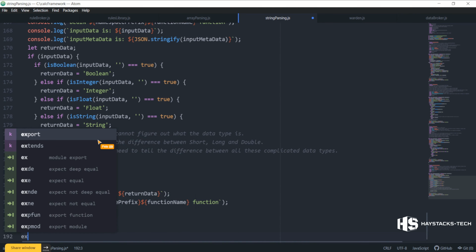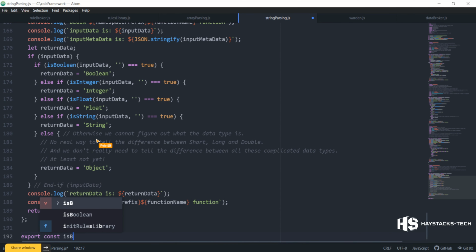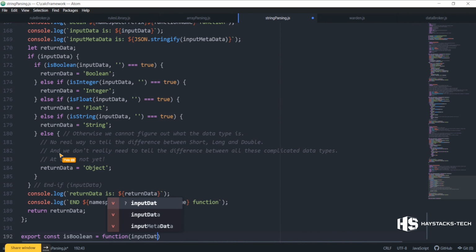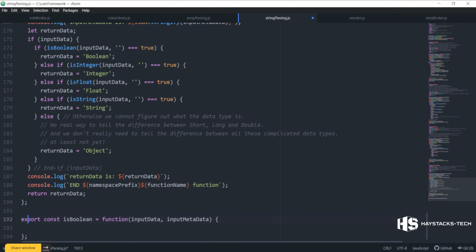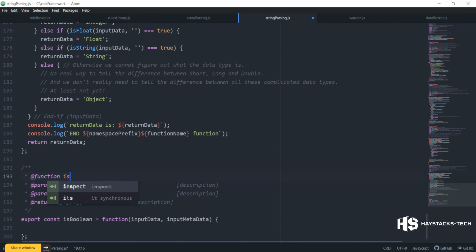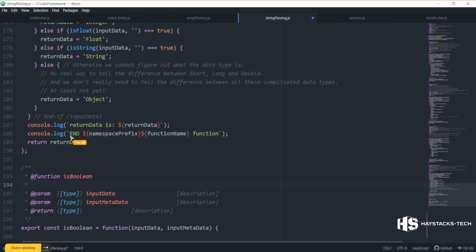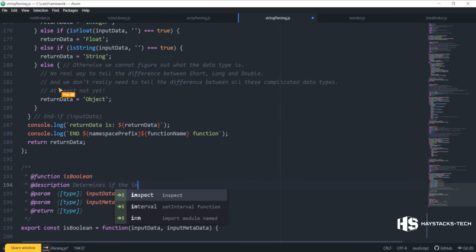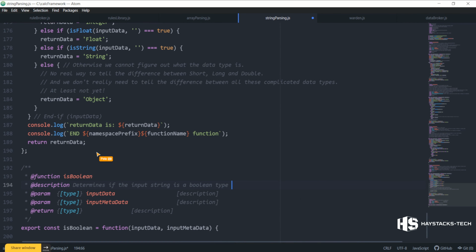So the next one is export const is Boolean equals function input data, input metadata, and this is that function that we just called right here on my line 172. We'll work our way through those functions because we have to implement is Boolean, is integer, is float, is string. Function is Boolean, description: determines if the input string is a Boolean type of value,